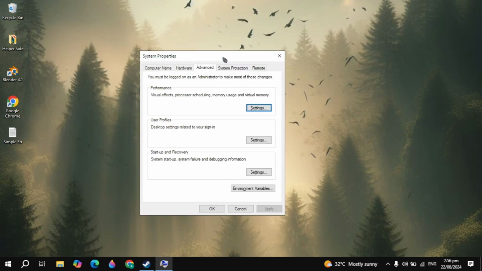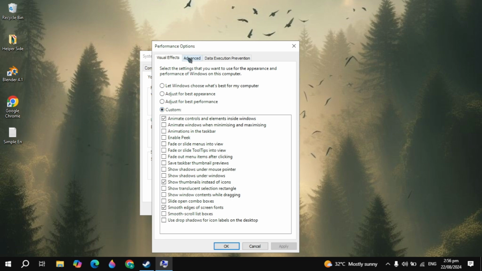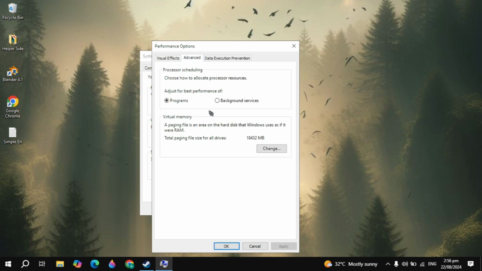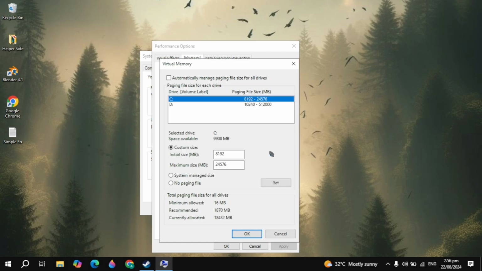And here in the Advanced tab, you will see Performance, click on Settings. Go to the Advanced tab again, and in the Virtual memory section, click on the Change option you are seeing. Once you click on that, now here you can simply select the local disk C and uncheck the box for automatically manage paging file size, and just click on Custom size, and then you can simply open up